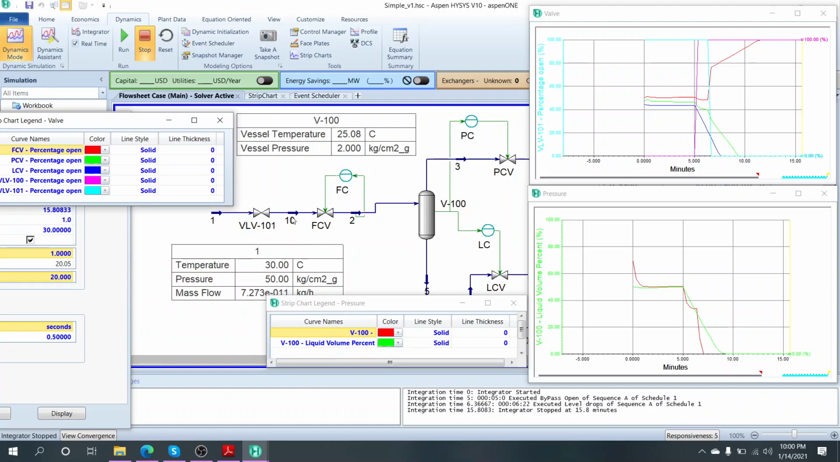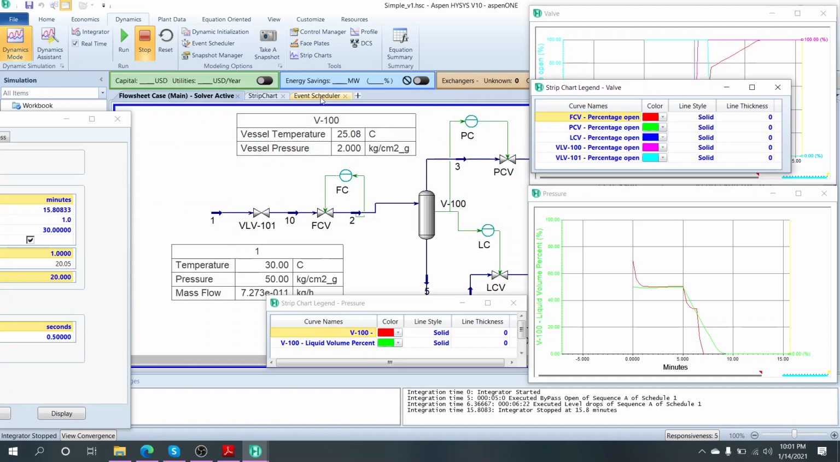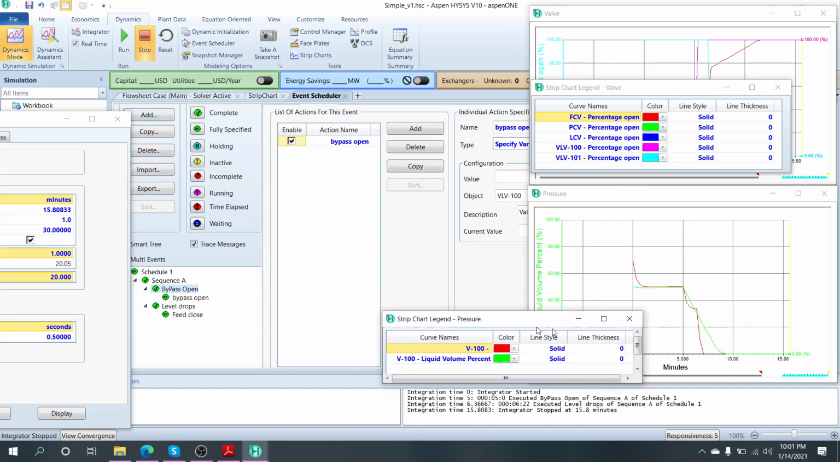There's no more material coming here, and hence it cannot calculate the flash, and it will just stop the simulation because there are no numbers to calculate. It just tells us to stop. So instead of 30 minutes, I had better stop it at like 15 minutes or something. But nonetheless, you get the idea of how we can specify this event scheduler